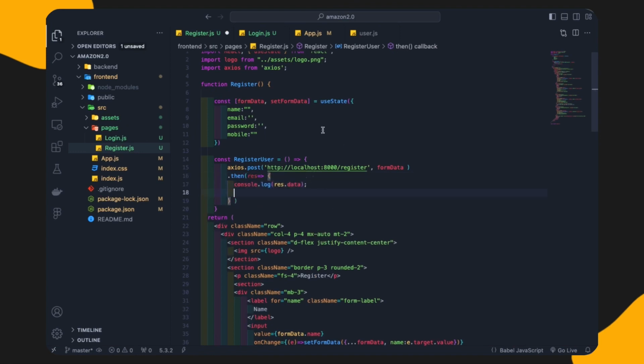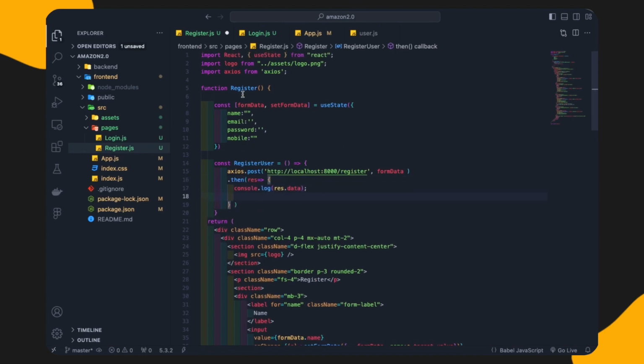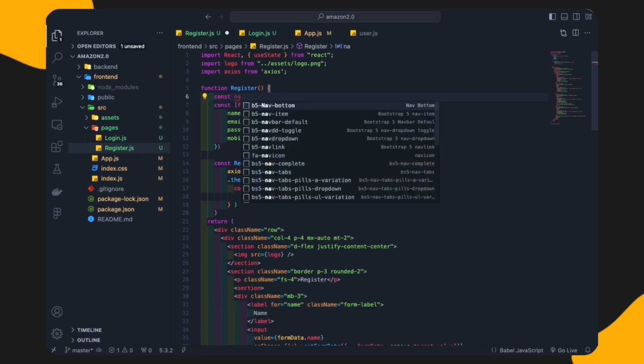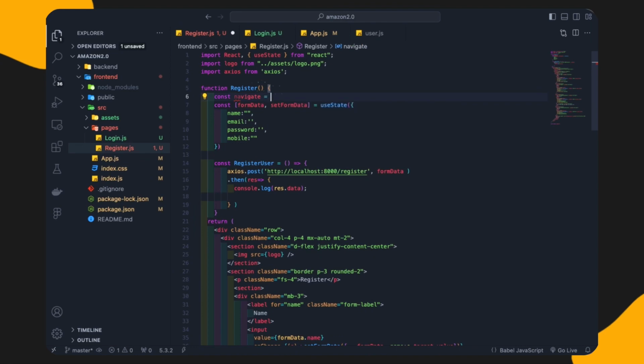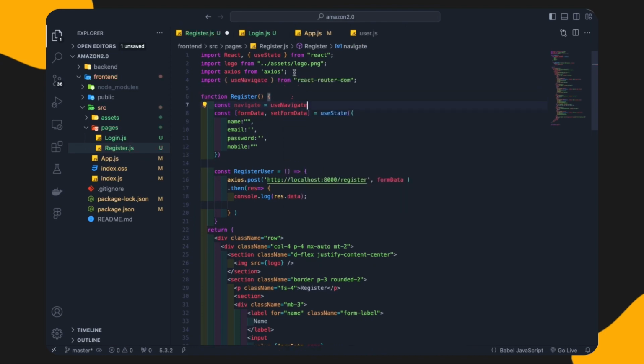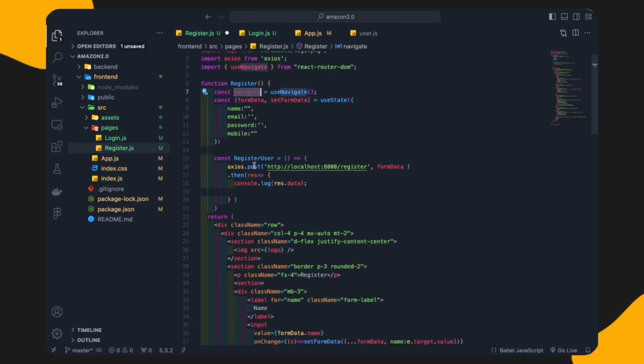Here I will import a hook. I will create a variable navigate, and I will import useNavigate from react-router-dom like this. Okay, and I will copy this navigate, and in the response, after the console, I will write it will navigate to